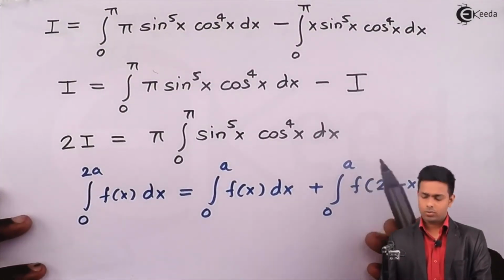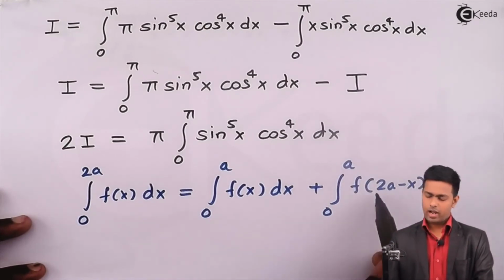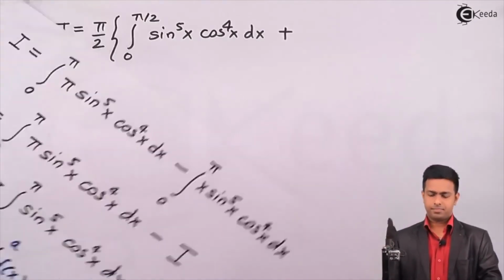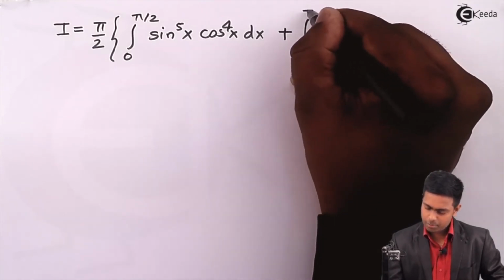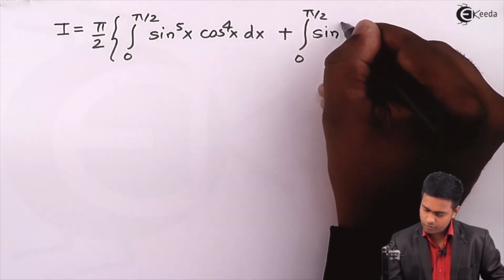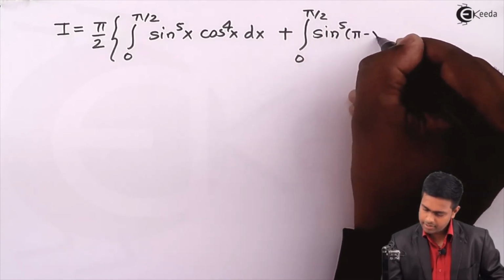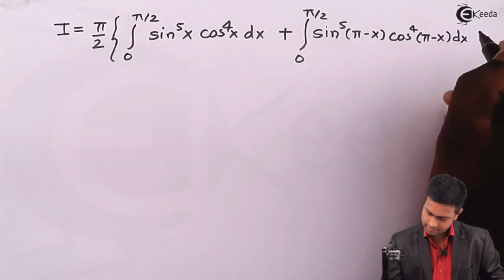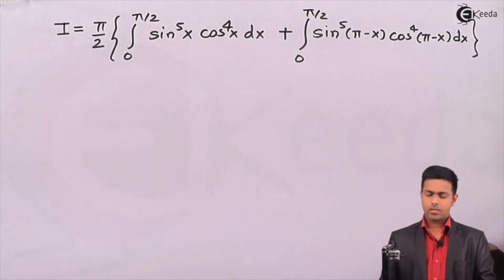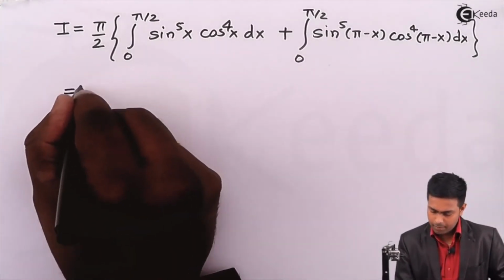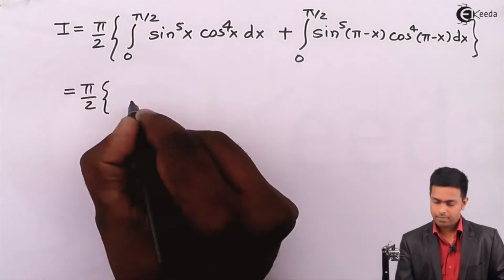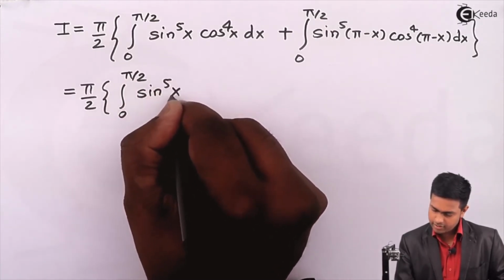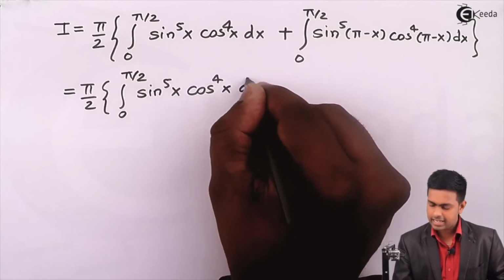So again 0 to pi by 2 and f of 2a minus x. The value of 2a is pi, so I have to subtract this x from pi. So this will become integration 0 to pi upon 2 sine raised to 5 of pi minus x cos raised to 4 of pi minus x dx. Now pi by 2 as it is. Here integration from 0 to pi by 2 sine raised to 5x cos raised to 4x dx as it is,